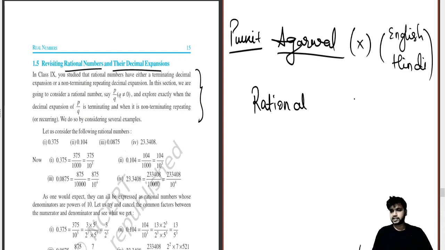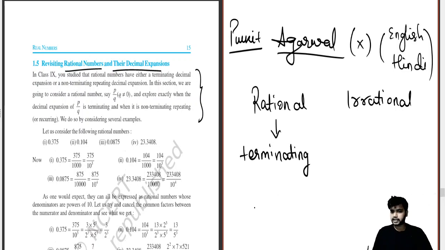differentiate a rational number and an irrational number. Let's get a quick recap. Now, what do you mean by a rational number? First, it should be terminating. What do you mean by terminating? Please recall it. Then, if the number is